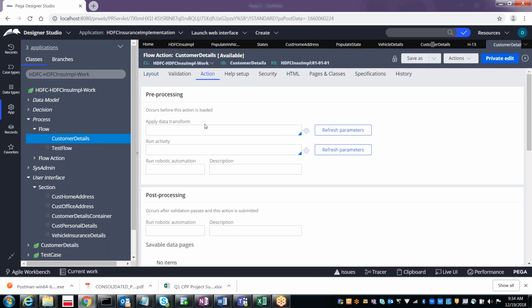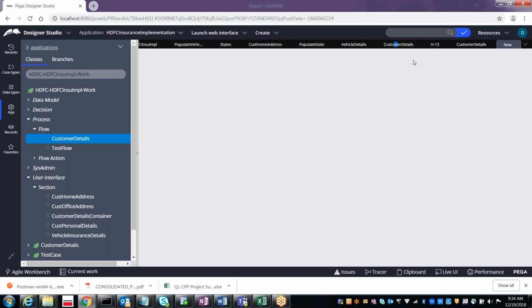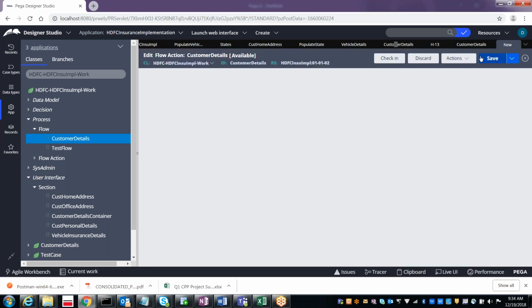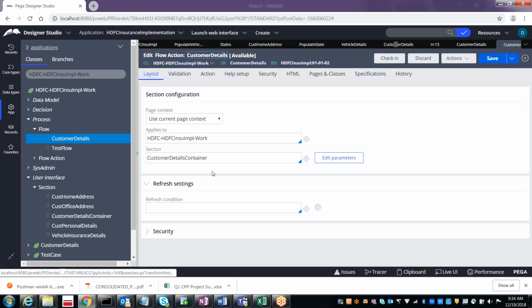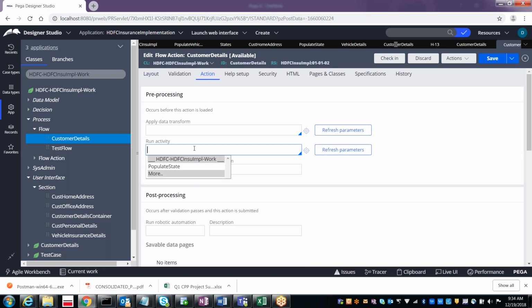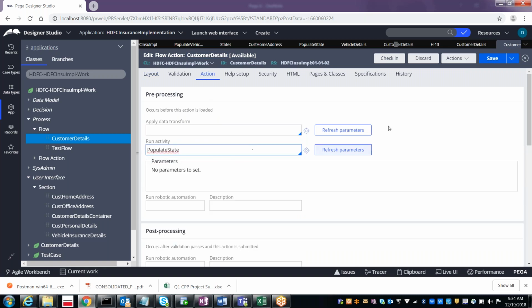So if you wanted to give actions, see here. Save as, create and open. Now go to the actions, select the activity. Now save it. Okay, now run the flow.